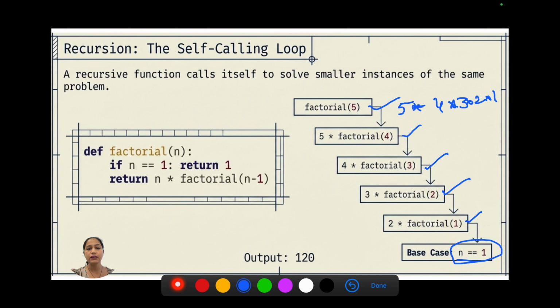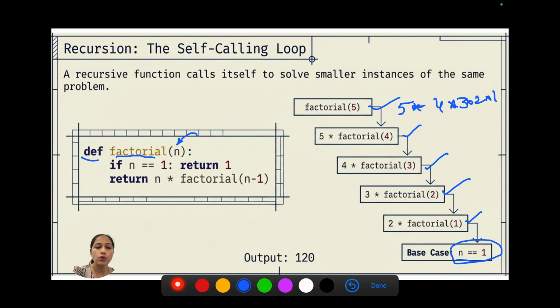Now what could I do instead of writing it in detail? What I could have done is call a recursion. So I define a function factorial which takes the argument, say, n, which is the number.